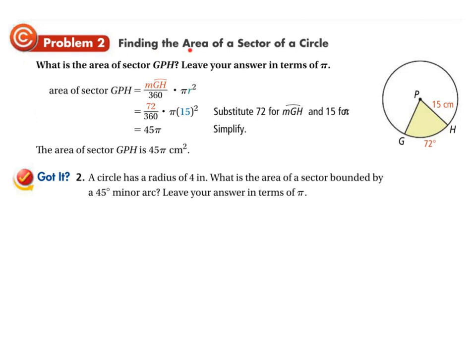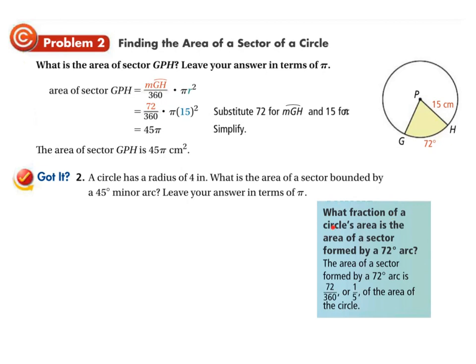All right, so we want to find the area of the sector here, okay? What is the area of sector GPH right here? Leave your answer in terms of pi. That means we're not going to multiply it by whatever the calculator gives us as pi and round it. We're just going to keep it in terms of pi. So we say, what is the measure of GH? We divide that by 360, and then we multiply it by pi r squared. Now, just to point out here,